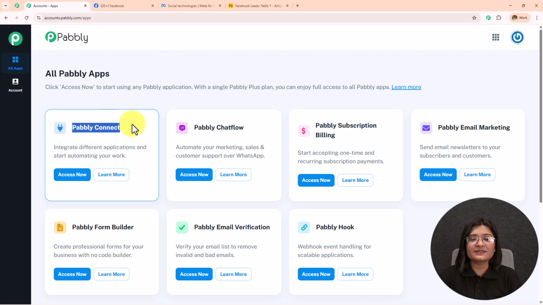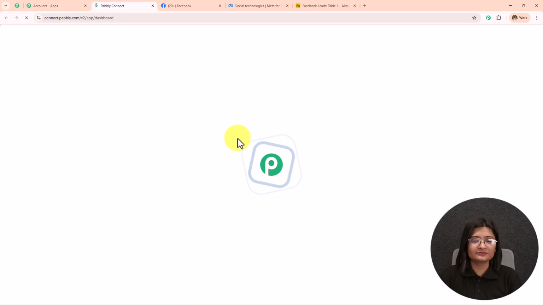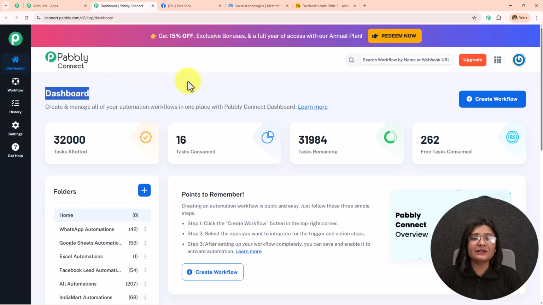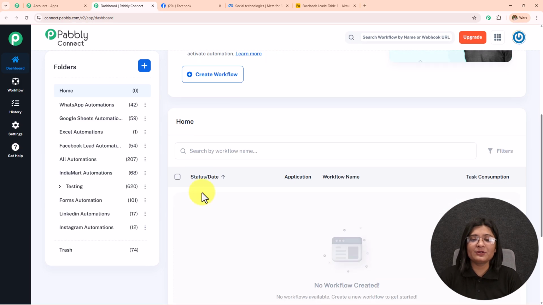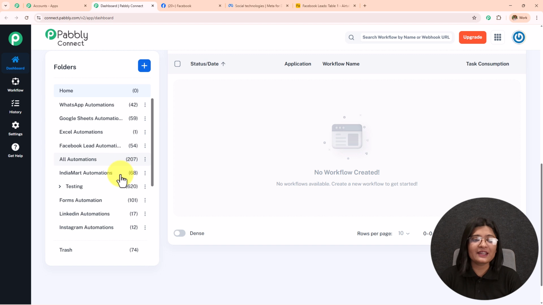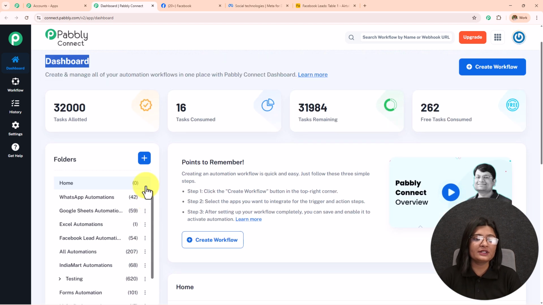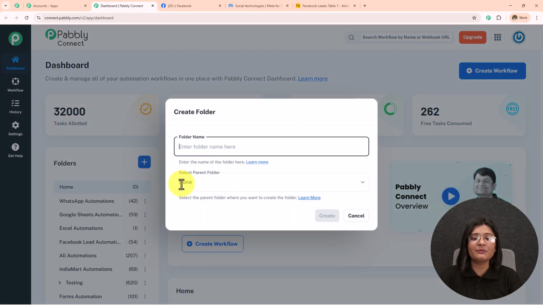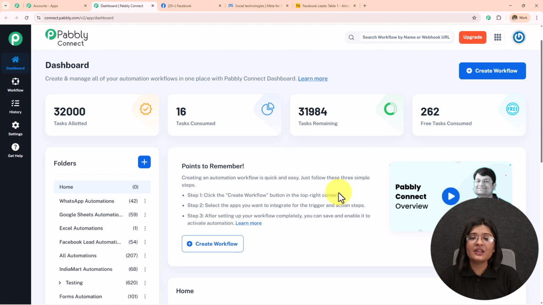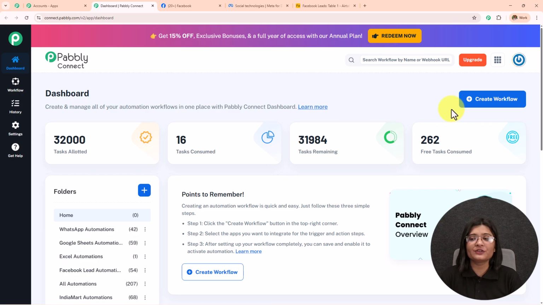I'm going to click on this Pabbly Connect Access Now. And here it has taken me towards this dashboard where I will be able to find all my workflows and all the folders which I have created. Now if you want to create a new folder, simply click on this plus icon, and from here you can create a new folder. For now I want to create a new workflow, for which I need to click on